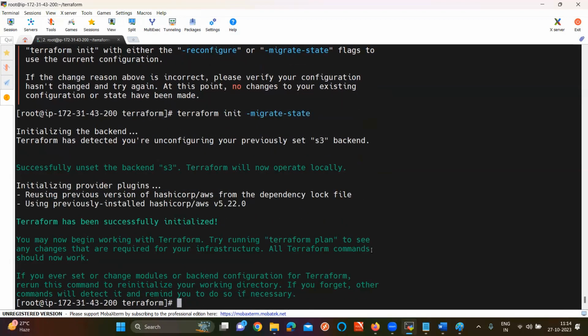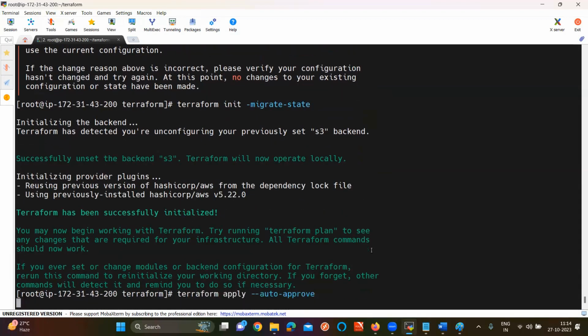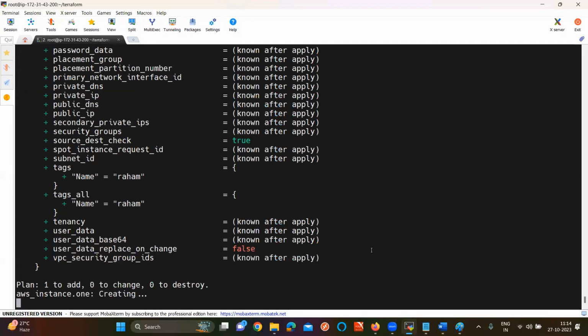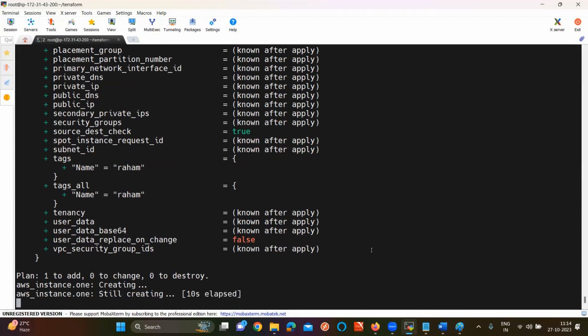It's done now. Then try to give Terraform apply now. Is it working or not, sir? This is how we need to attach to the backend S3 and detach from the backend S3. You got the point, right? Why are we using backend setup for S3? To keep the state file in a remote location.